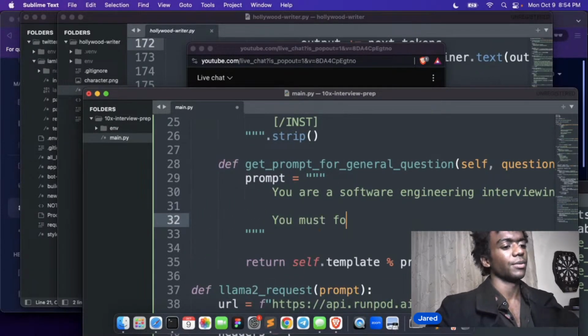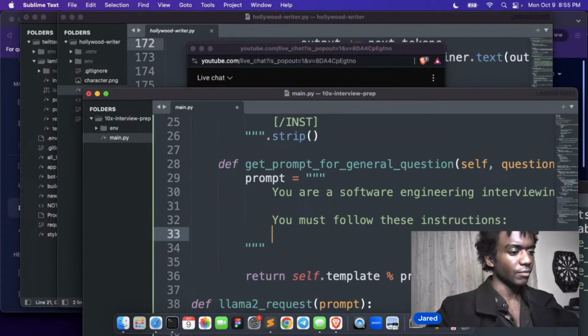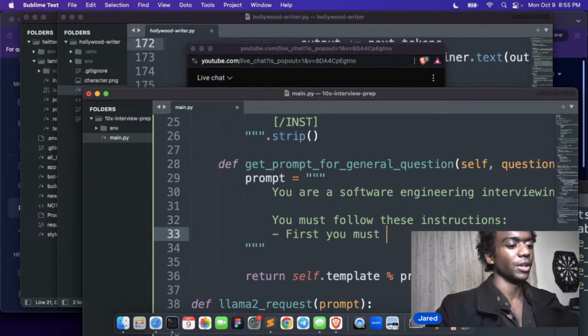You must follow the instructions. You must follow these instructions. First, you must